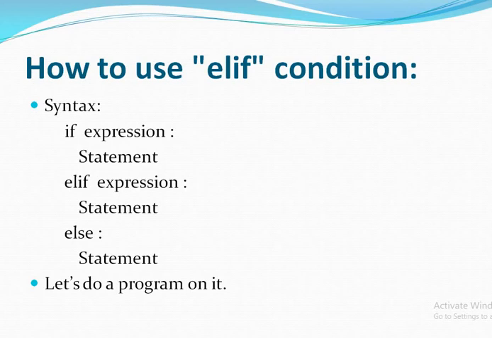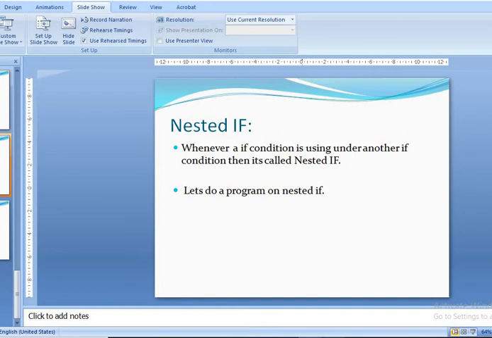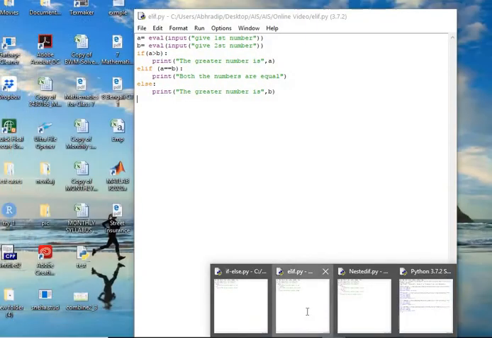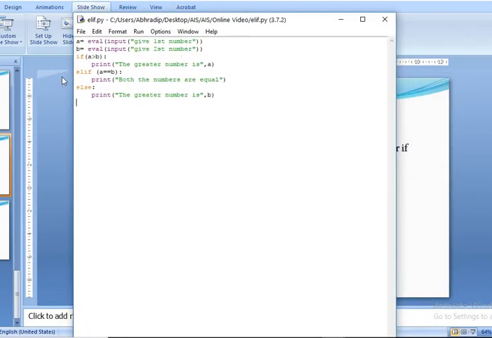Now I am going to modify the program I did just now, and put that A equal to B condition over there. So here I did the program. I just put a single line: elif A is equal to B, then it will print both the numbers are equal.